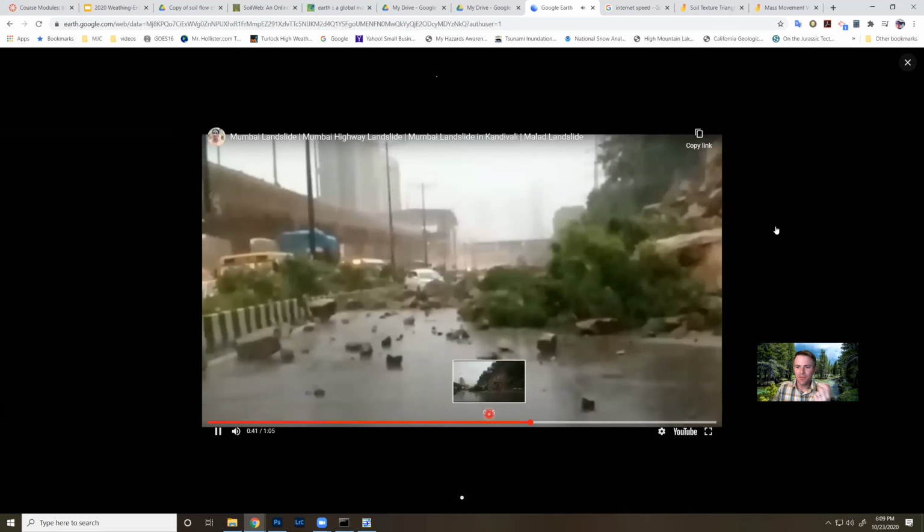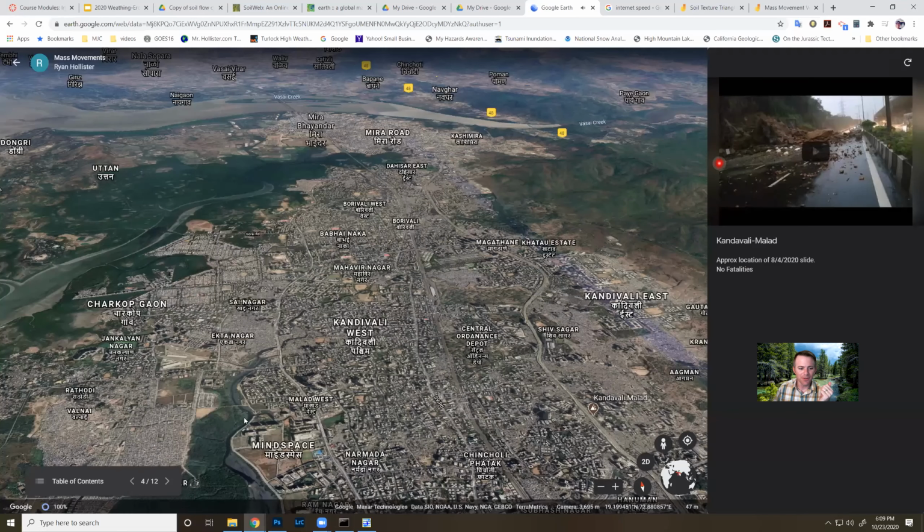I don't know that I'd be standing so close to it right after a rock fall, but